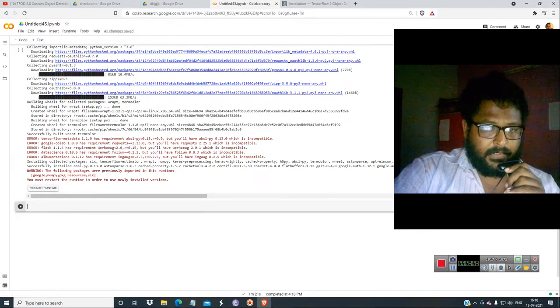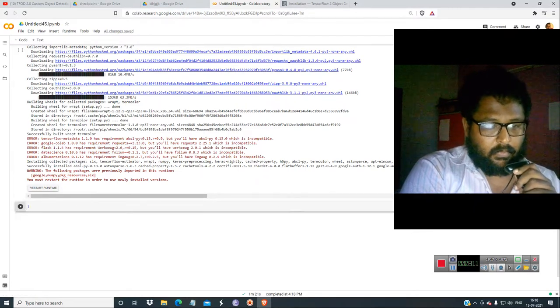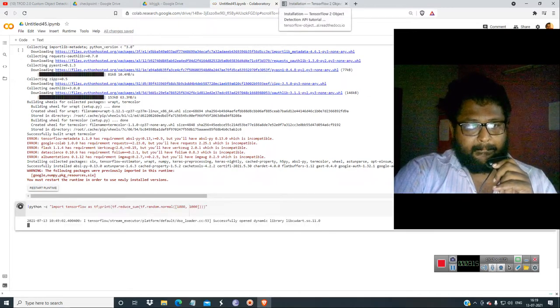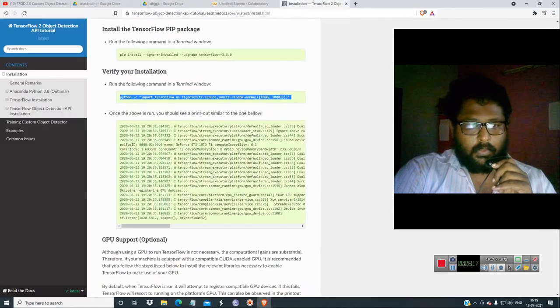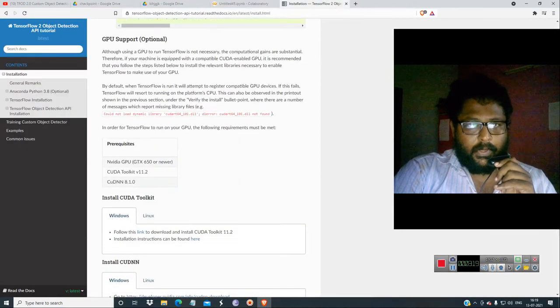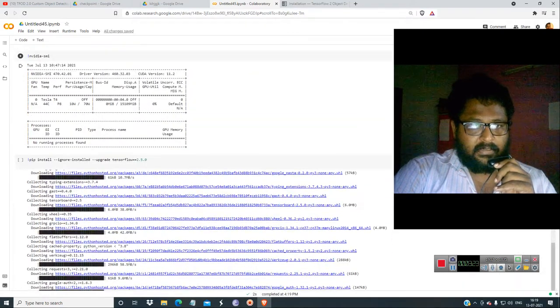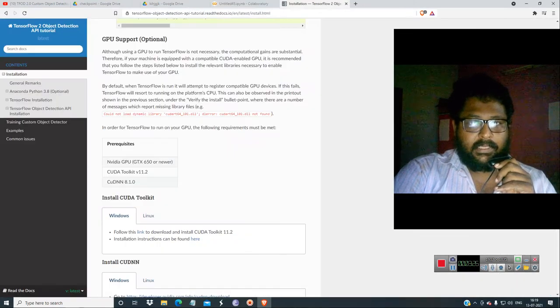Just paste it, Control V, and click it. Okay, it's going somewhat good. GPU support with CUDA toolkit 11.2, though I don't know how they installed this 11.2 on a Tesla T4. It's great news.